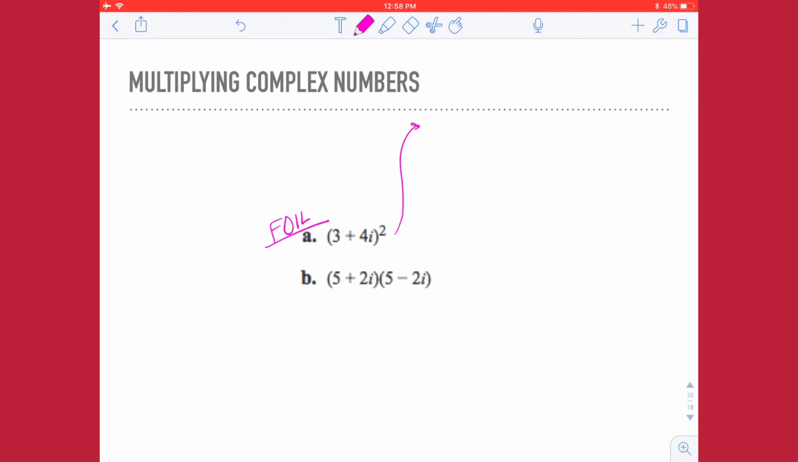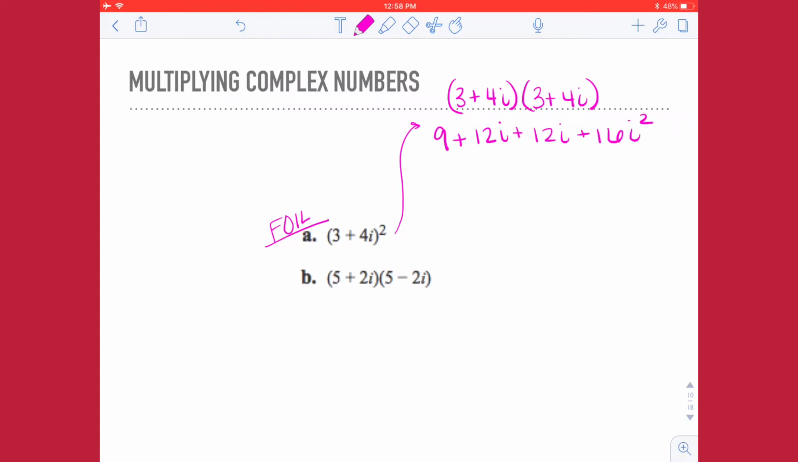So looking at letter A, I have 3 plus 4i squared. So that means I'm going to multiply 3 plus 4i by itself. First gives me 9. Outer gives me 12i. Inner gives me 12i, and last gives me 16i squared. And I'm going to go ahead and combine like terms, so 12i and 12i, those are like,